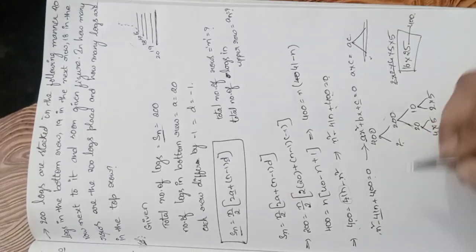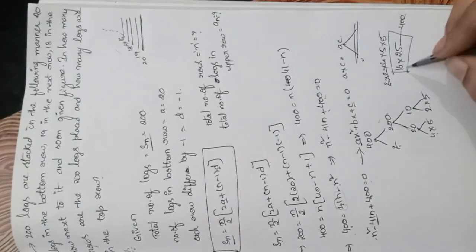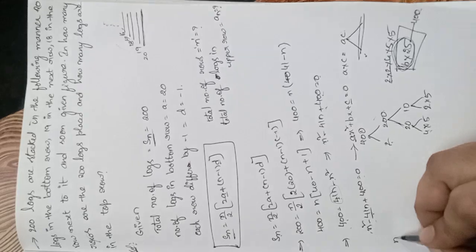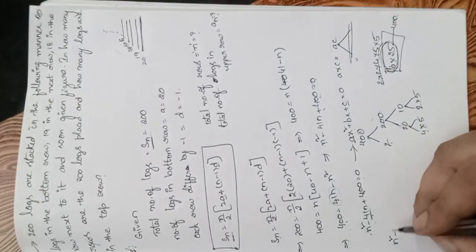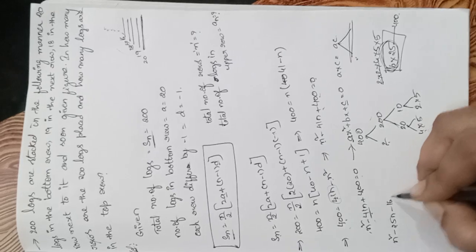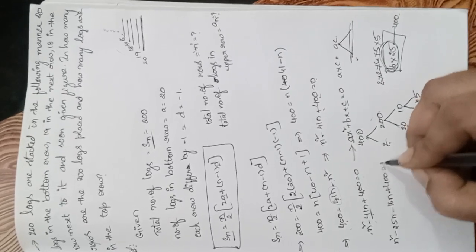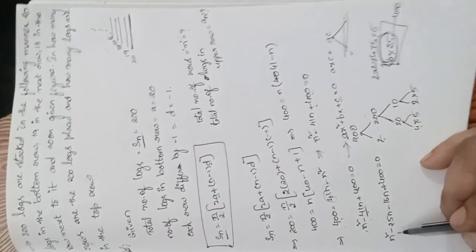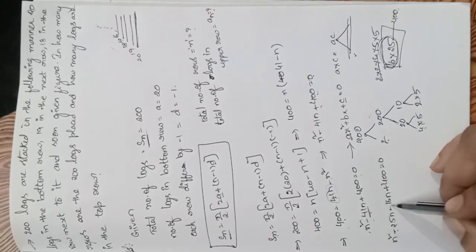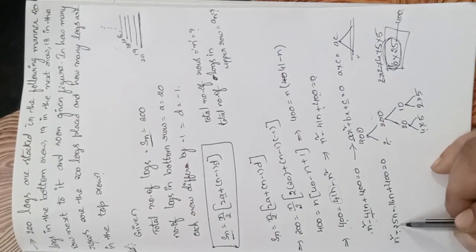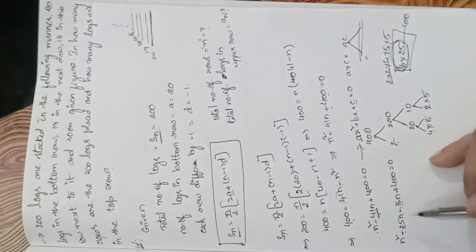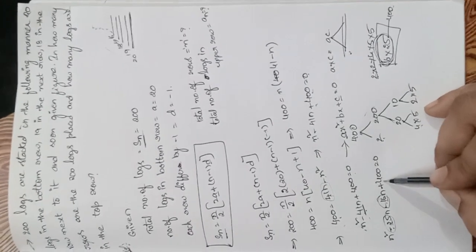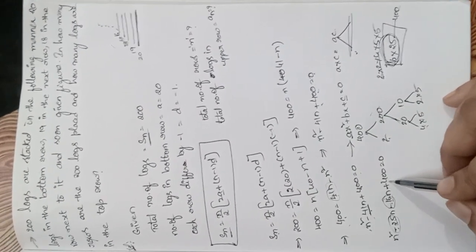Now this you will get 400, right? But here we have the middle term 41. So if you add 25 and 16, you will get 41, right? So how will we do it? n square minus 25n minus 16n plus 400 equals 0, right? To check it, let us see. Both are minus, so you will add. If you add 25 and 16, you will get 41. At the same time, if you multiply minus 25 and minus 16, you will get plus 400. Okay? In this way you have to do.